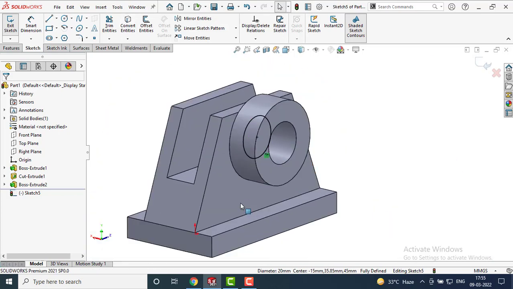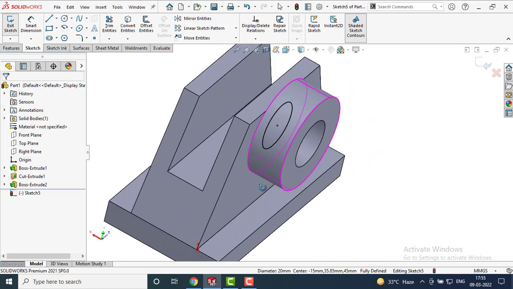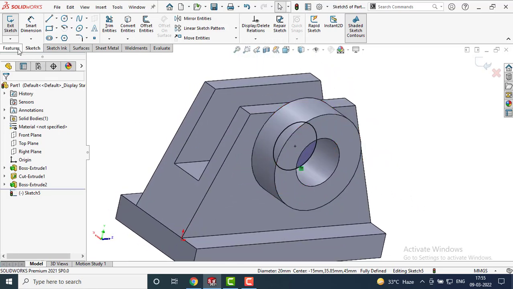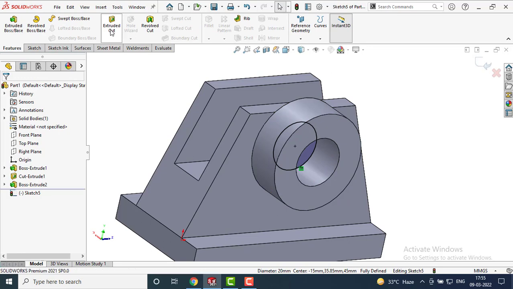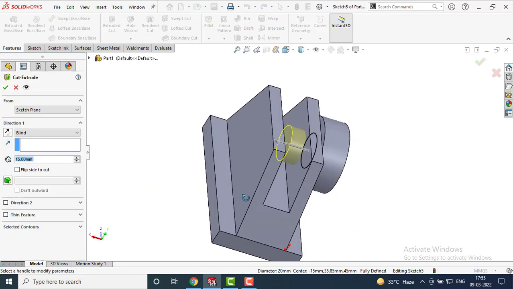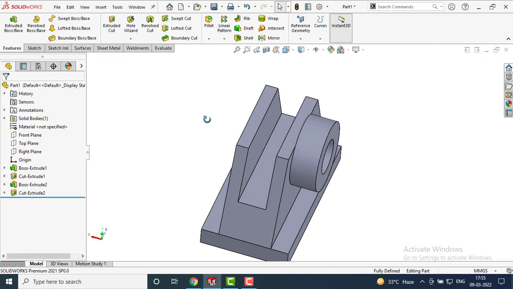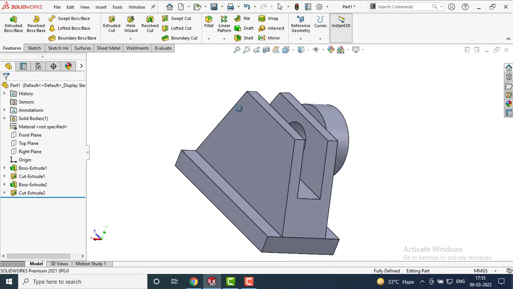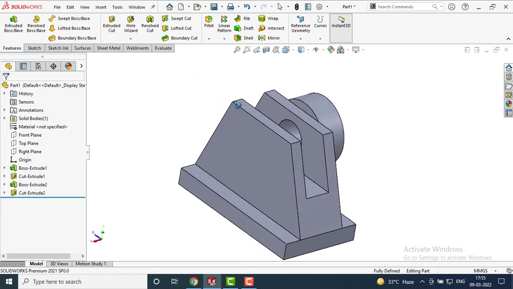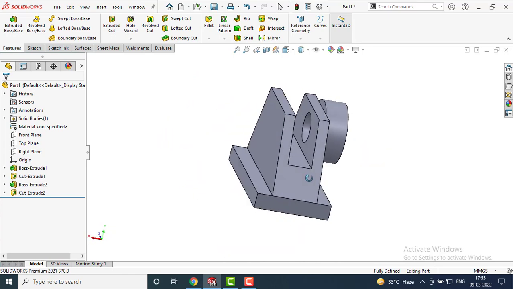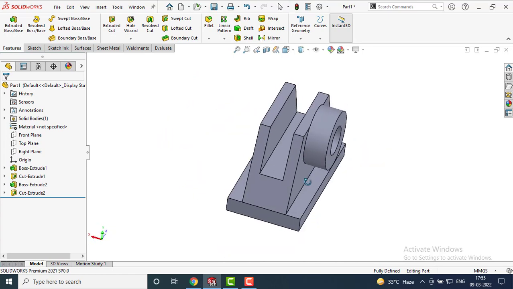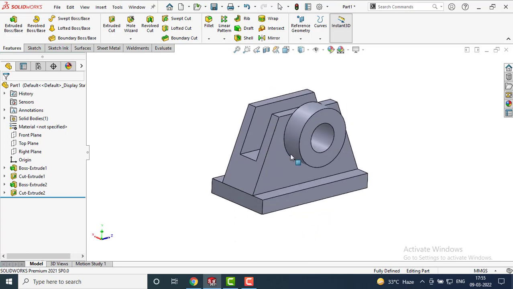Now a new sketch is prepared on the outer surface of this wall. Now go to features, select extruded cut and click OK. Now this is a throughout hole. We need this hole in this plate also, so we can extend this operation.